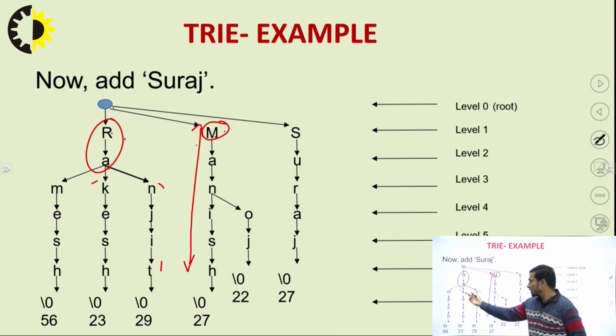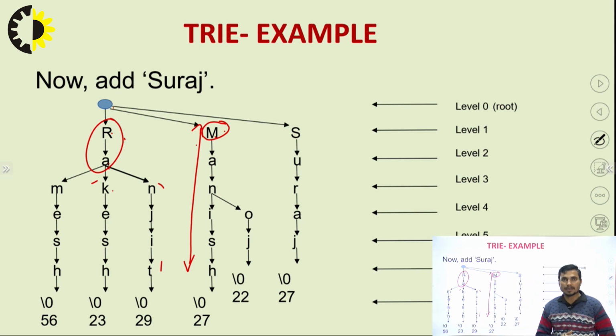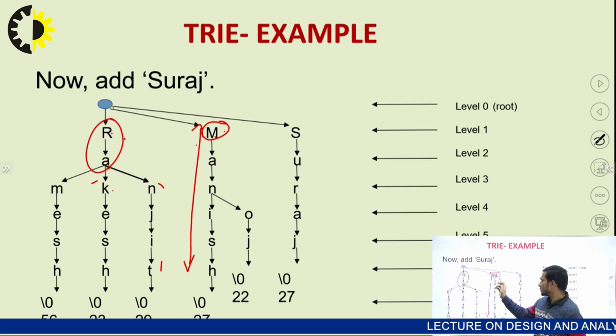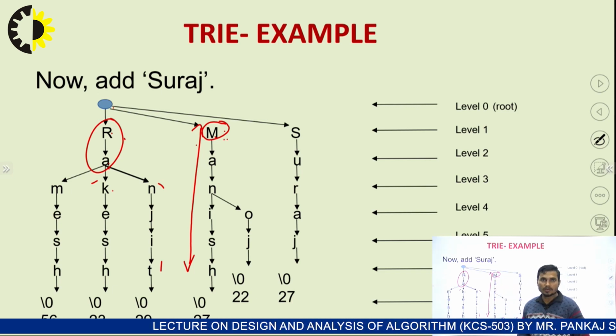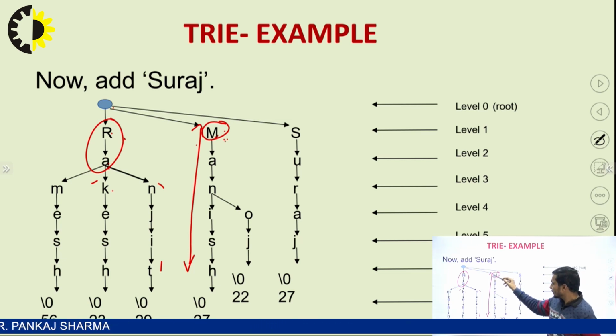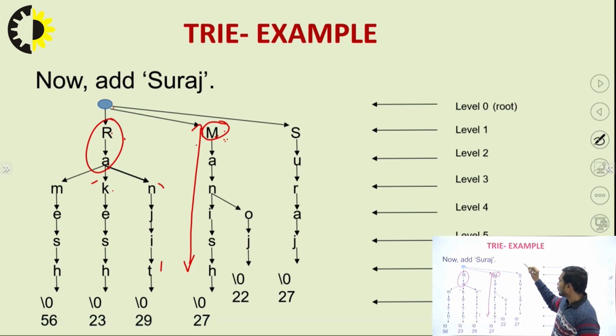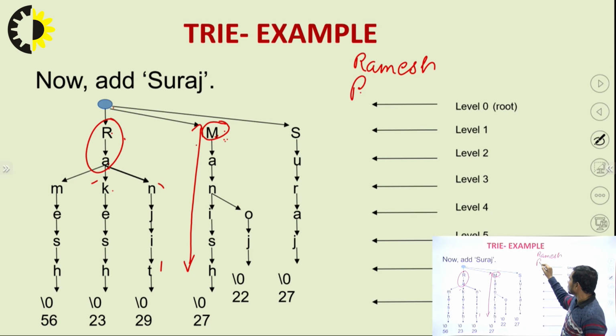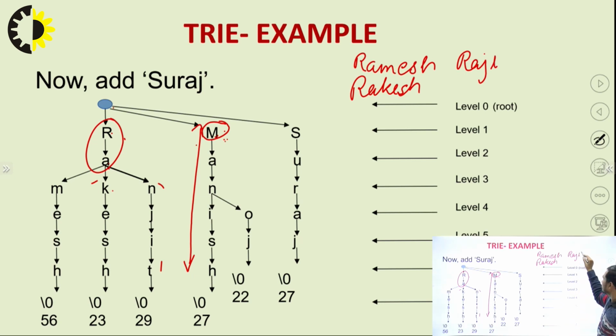Likewise, we create a separate node wherever we have a distinguished value. So, similarly here we have a distinguished value, so we are just adding M here. Now, after that we will insert this Manish. So, first we have inserted Ramesh, then we have inserted Rakesh, then Ranjit, then Manish,